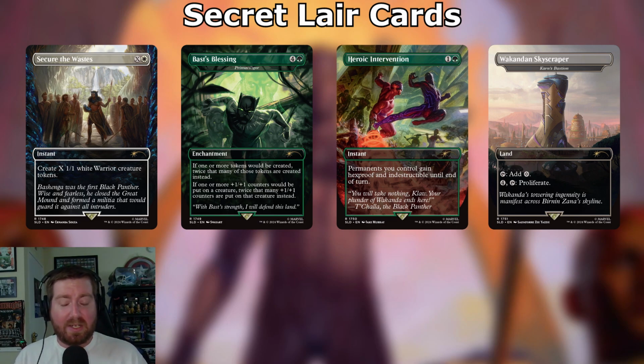Bast's Blessing is actually just Primal Vigor. In case you don't know what that is, it's 4 and a green for an enchantment that says if 1 or more tokens would be created, twice that many of those tokens are created instead. And if 1 or more +1/+1 counters would be put onto a creature, twice that many +1/+1 counters are put on that creature instead. Keep in mind with Bast's Blessing though, this is a world effect, which means it affects the